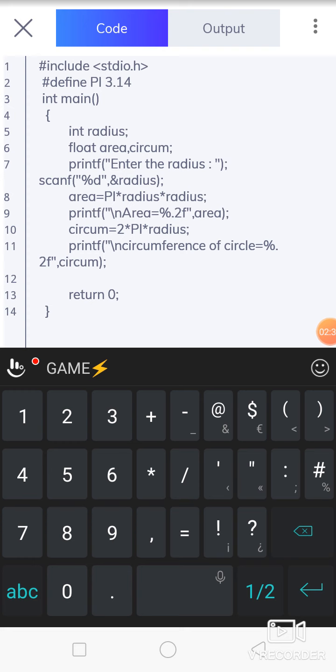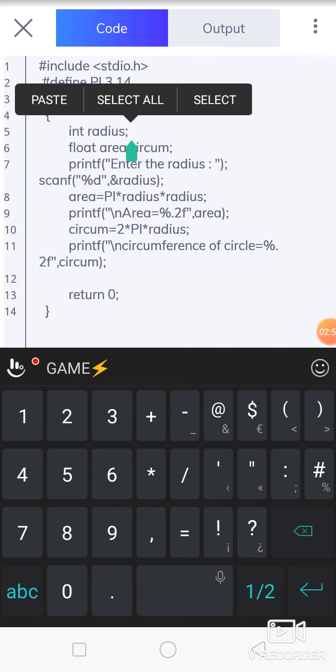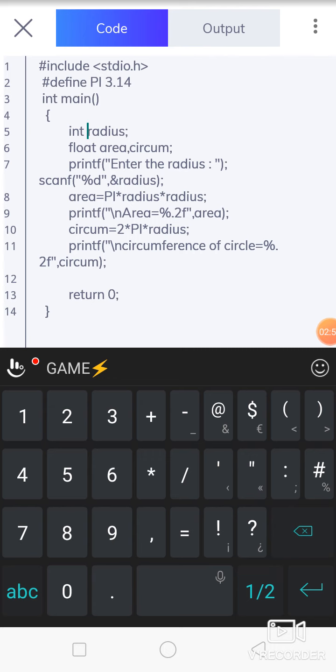After the declaration of the constant, declare the main function. Into that main function, first the input variable will be declared. Input will be taken as a radius having the decimal type, that's why declare the data type accordingly. Then after the calculation of area and circumference, the results will be stored in specific variables. For that purpose, declare two variables. First one is area and second one is circumference. Here we are using the 3.14 value, that is a floating point value. That's why we store the result again in a floating point data type, that is the float data type.